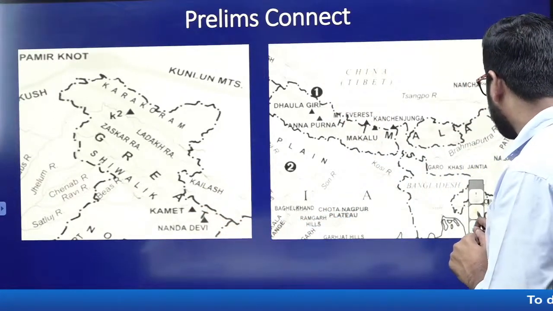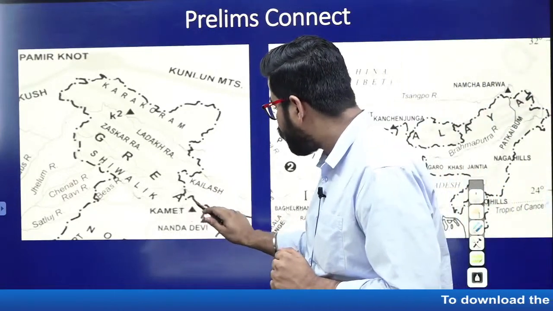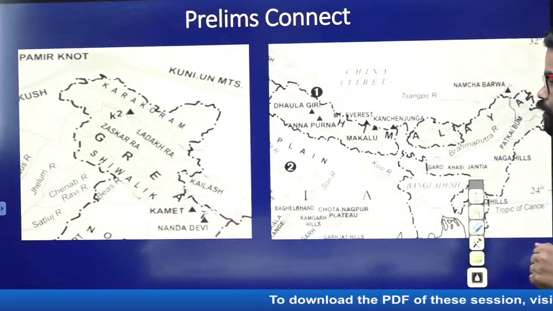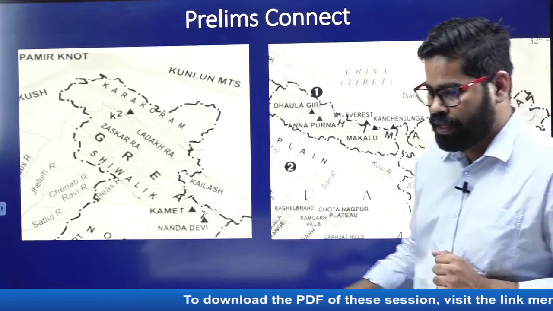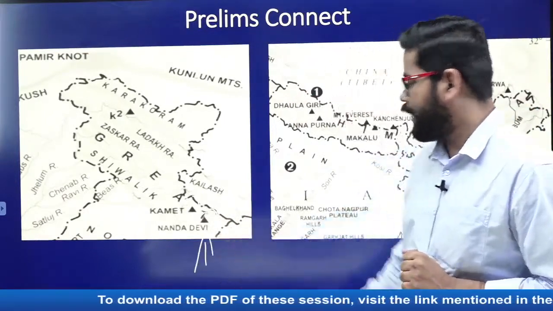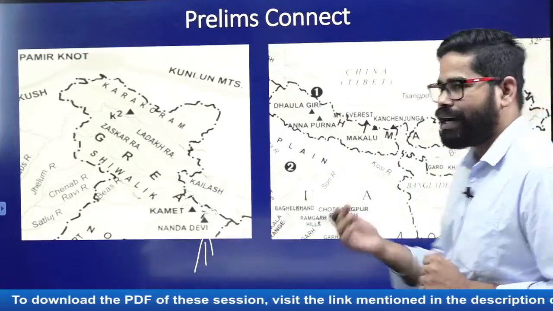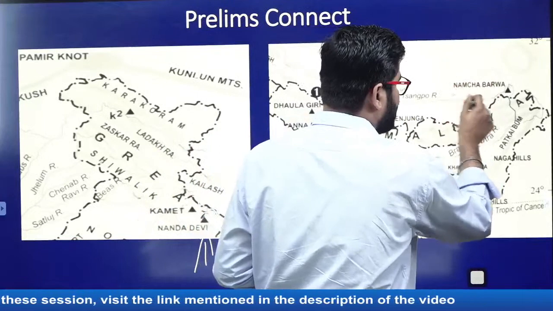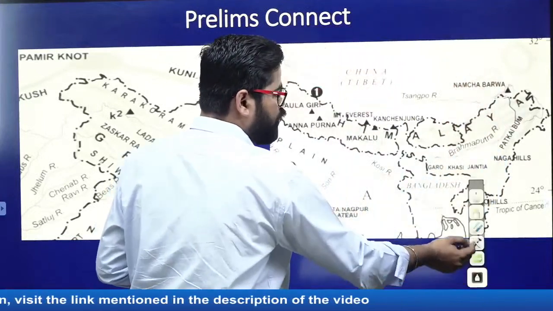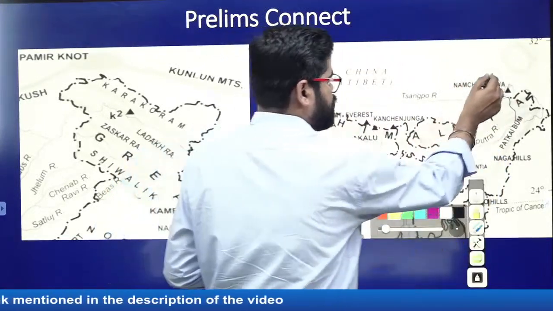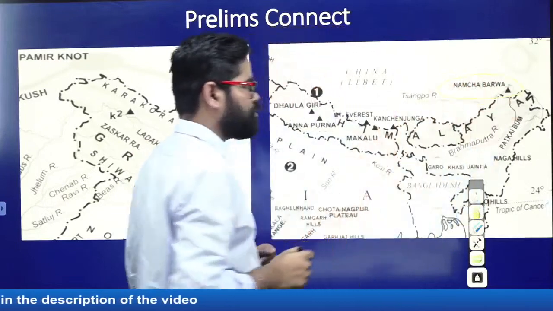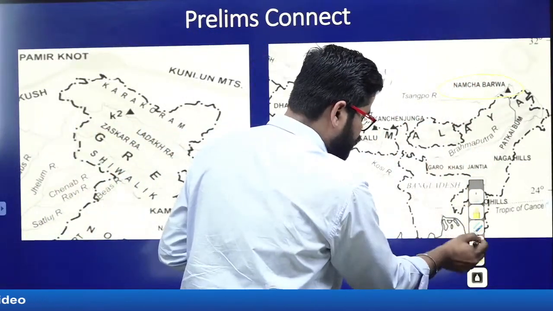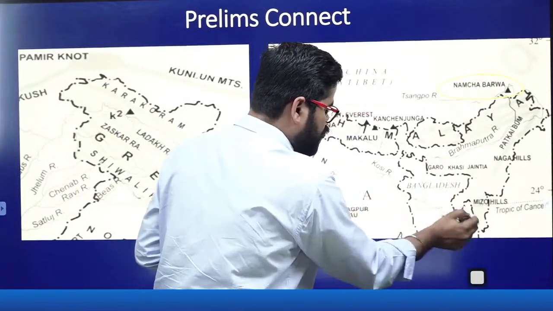Kamet is part of the Garhwal Himalayas, and the Nanda Devi range is part of the Kumaon Himalayas, so this option was correct. On the other side, in this portion of Arunachal Pradesh, we have Namcha Baba, and in this region of the Garo Hills